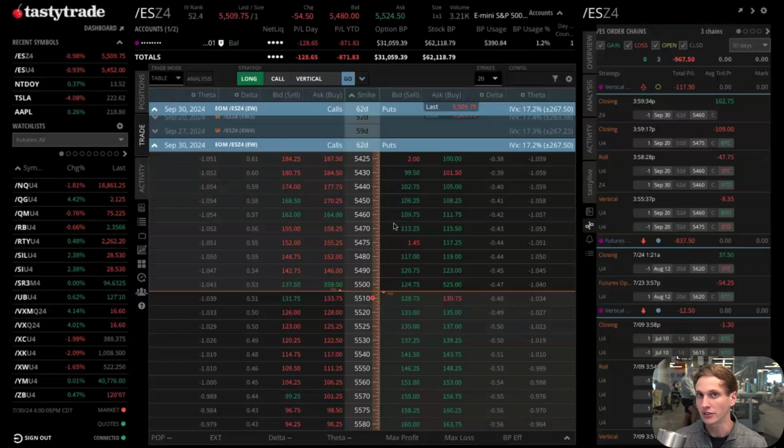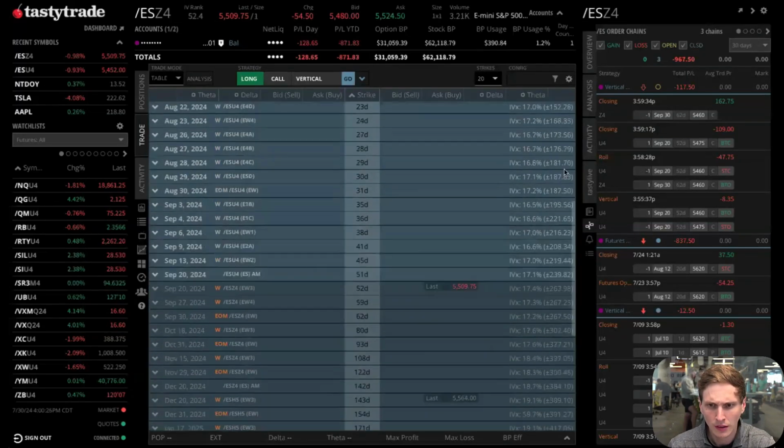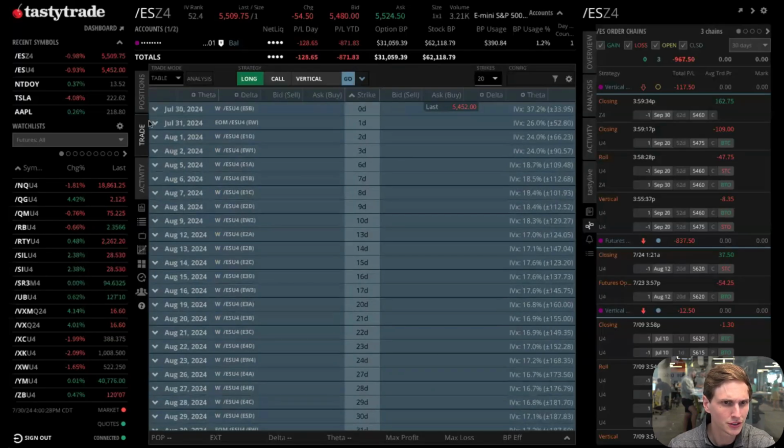If you're trading futures options, if you're trading equity options, you can do all that very, very quickly using the Order Chains tab, going through your positions, checking out your working orders. Super nice. Awesome. So that's just a little bit on our futures, and apologies if I was talking fast, but I was running